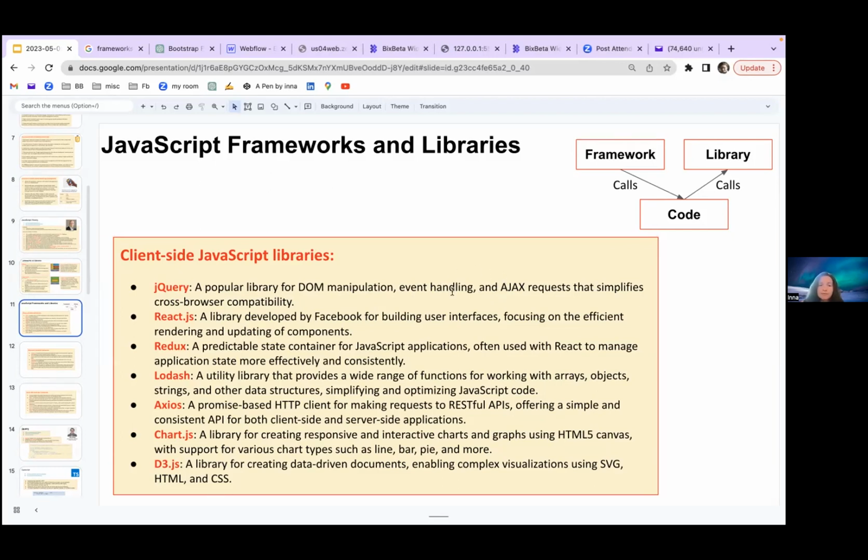React is a super popular library that was developed by Facebook for building user interfaces, focusing on the efficient rendering and updating of components. So it's component-based. Redux actually is kind of a subpart of React, and often is used in React applications to manage application state more effectively and consistently. Lodash is a very popular utility library,